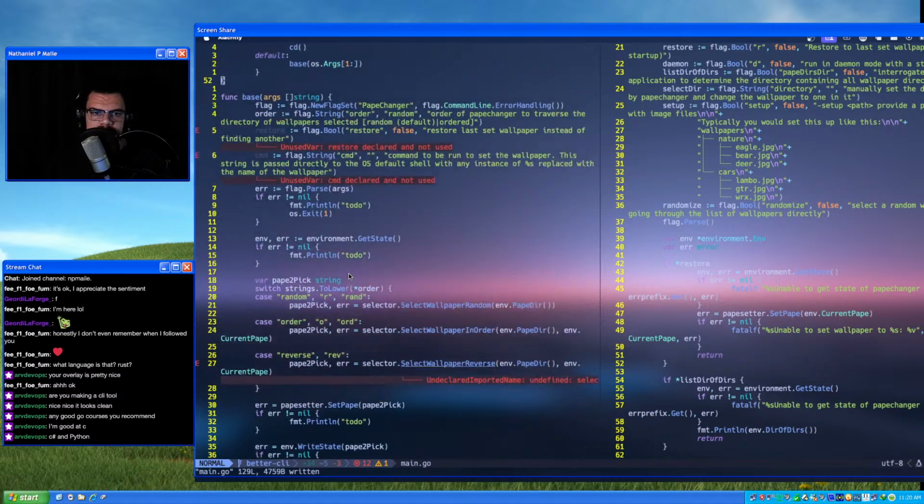So we got that set up. So now we just need to use the restore and the CMD flags. This case, reverse, we're actually not going to worry about right now.